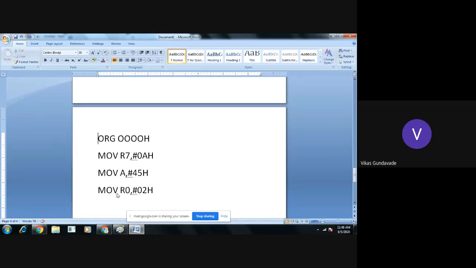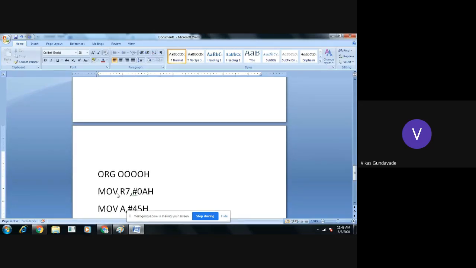Now here what I want to do is add the 02 that is available in R0 into the accumulator, for how many times? For the count which is available in R7. That means for 10 times. Okay.